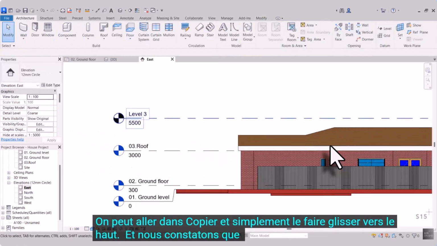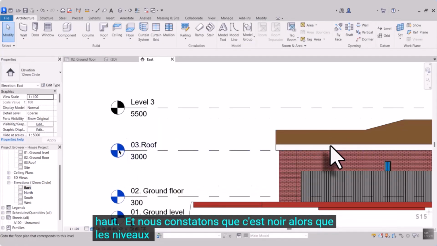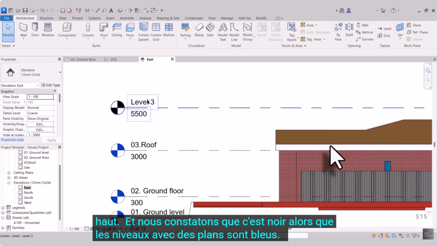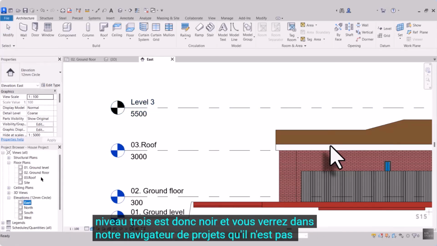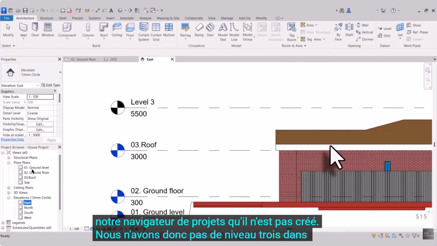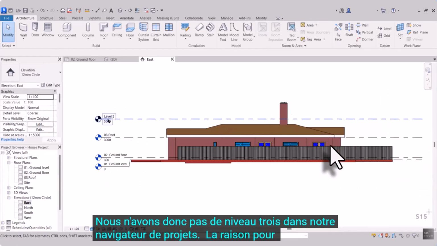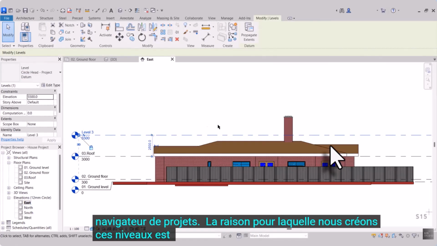And we notice that it is black while the levels with plans are blue. So our level 3 is black, and you'll see in our project browser, it is not created. So we don't have a level 3 in our project browser. So why we would create these levels is for scenarios